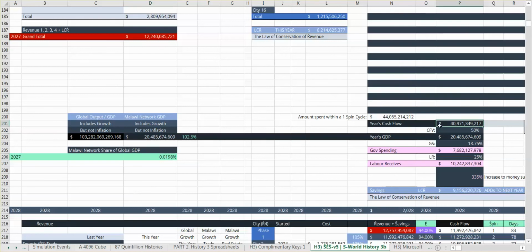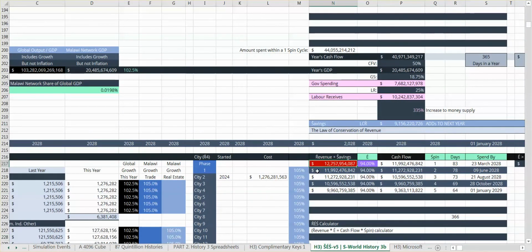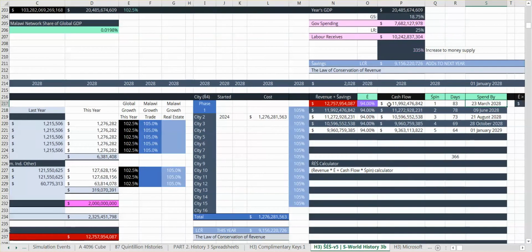Right, so we're going to the next year. We're going to do a couple more years like this. Okay, so again, this money comes from here. It's copied over to here, 94E. And you can see we're making this cash flow. We're spending it by the 28th of March. Leaves us this cash flow. We're spending it by the 9th of June. Leaves us this cash flow. We're spending that until the 21st of August. And again till the 28th, and again. So 1, 2, 3, 4, 5 sets of cash flow spent in the same year.